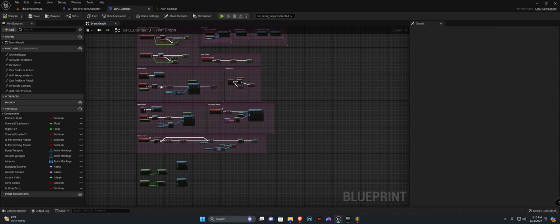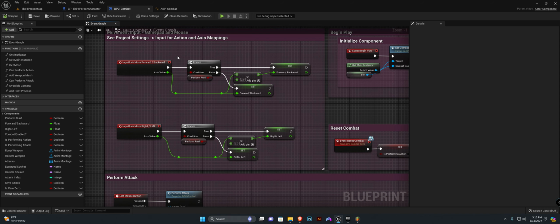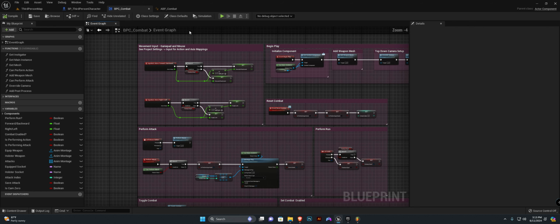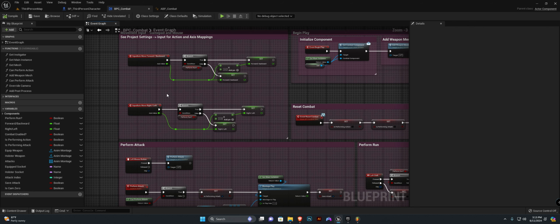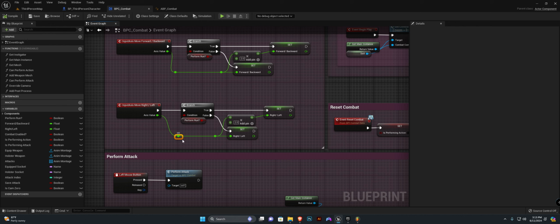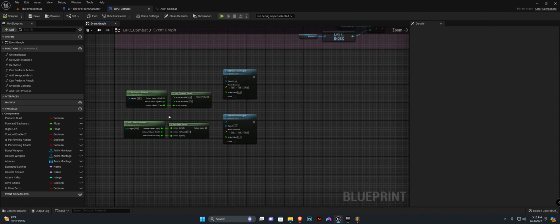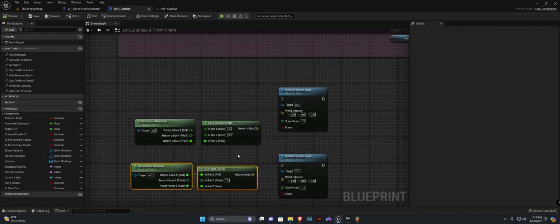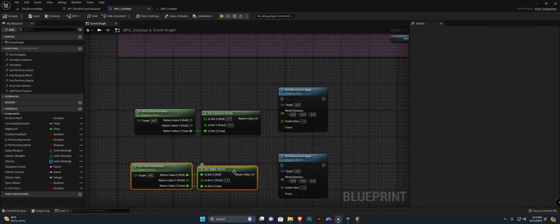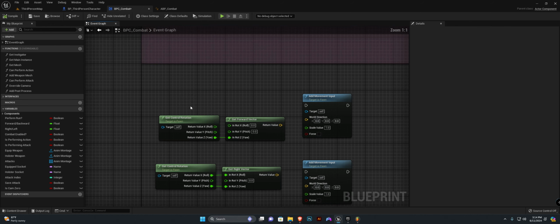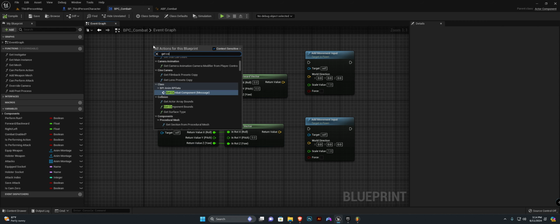I'm going to show you two methods. One we already did, which is the root motion system, and with this, it requires extensive knowledge on how to modify this system, which could be pretty difficult for beginners. So I'm going to switch this across to a more common method, and that is using the default velocity based movement input system. So what we're going to do is right click and we're going to search get control